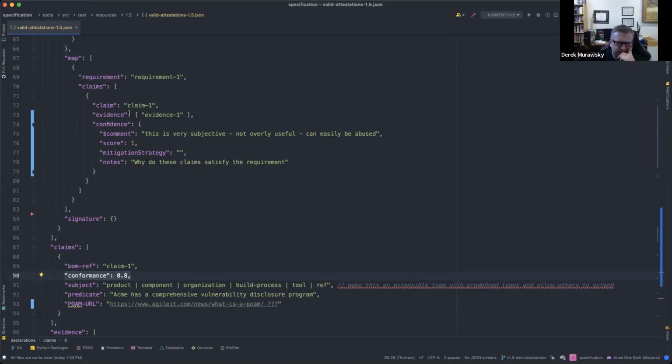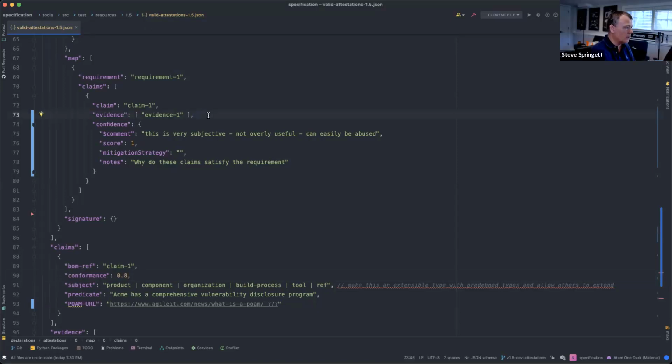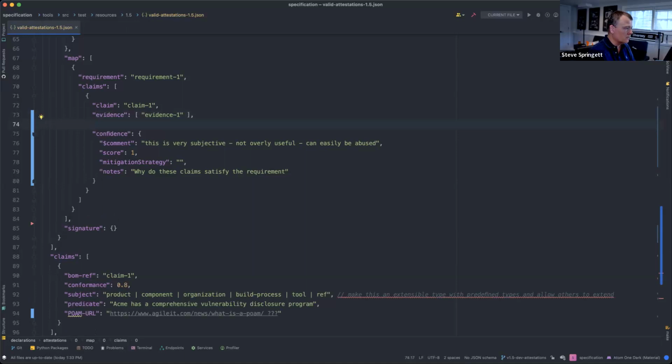Do you see what I'm saying? Yeah, I do. Like basically here. Yeah, but even if we moved it up to here, if the requirement again is that I have to do 80% training, right? For security training for the dev team. What happens if I have 2 claims there?